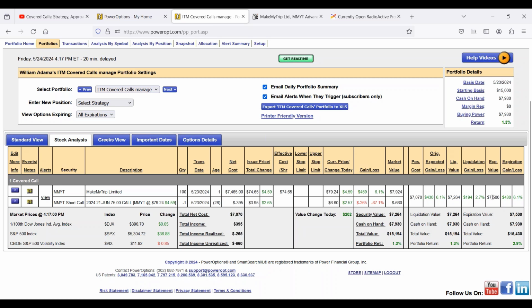We're not projecting where the stock's going to be. We're just saying that if the stock stays where it is right now at 79.24, 28 days from now on June 21st, we'd be assigned, make our 6.1%. Okay? Now,